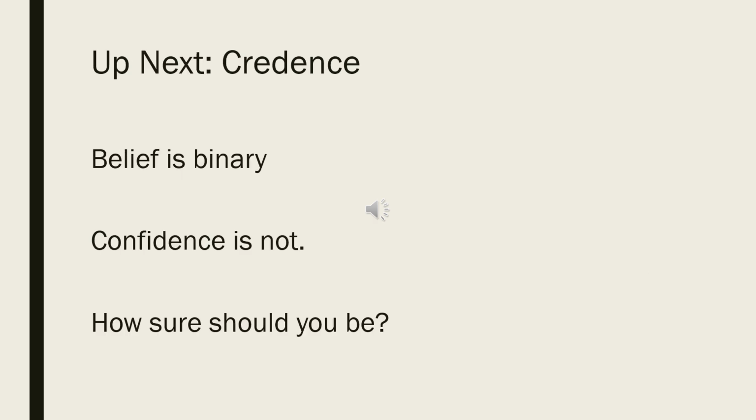Next time, we'll be discussing the nature of credences. Given that belief is a sort of binary between whether or not you believe something or don't believe it, right? Confidence in some particular proposition or statement is not binary. You don't have to be fully confident or not confident at all.